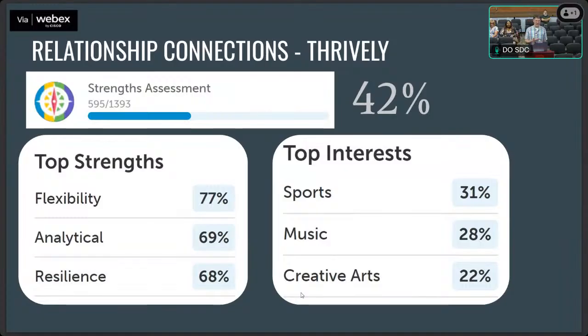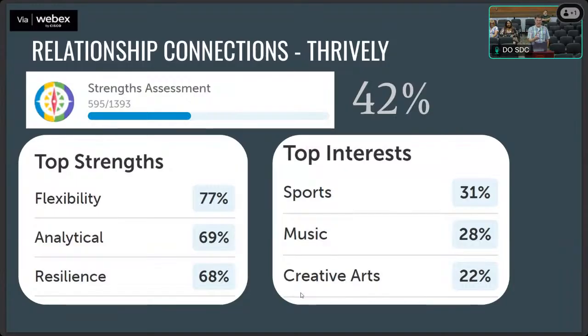All right, Thrively. I brought that in several years ago. I tried it in my classroom, and when I became PBIS coordinator, I started promoting it amongst all teachers. And so we were able to get to 42% of students taking the strengths assessment. And what that does, it says what's right with the student. Top 5 things that are right with you.